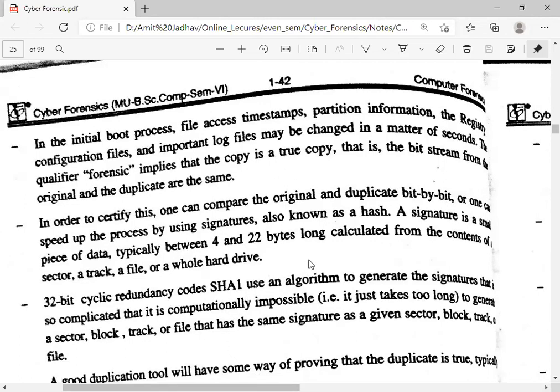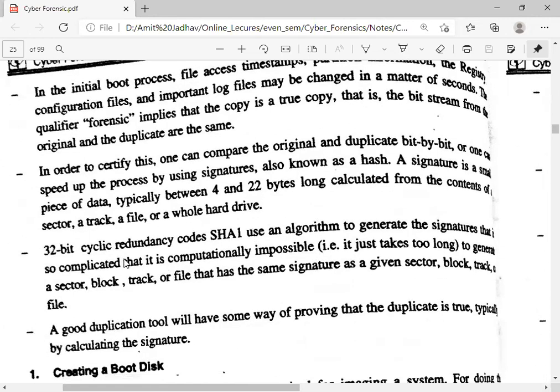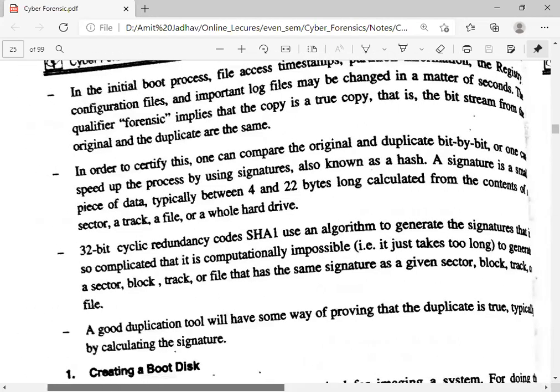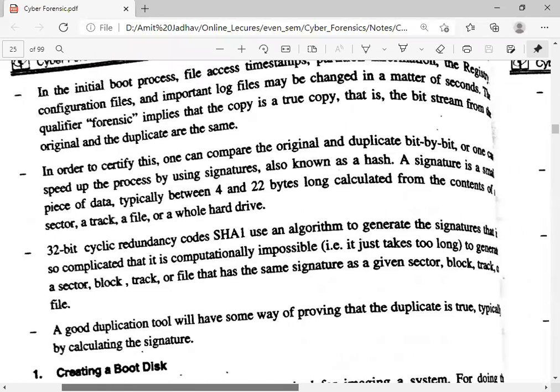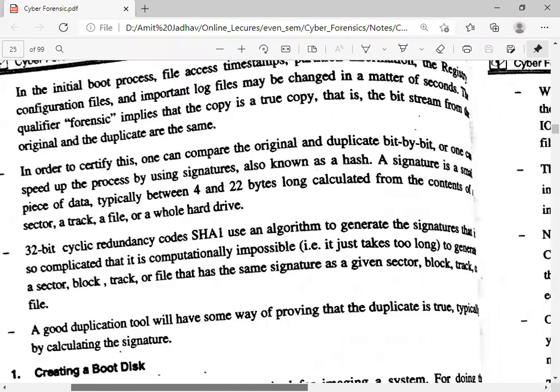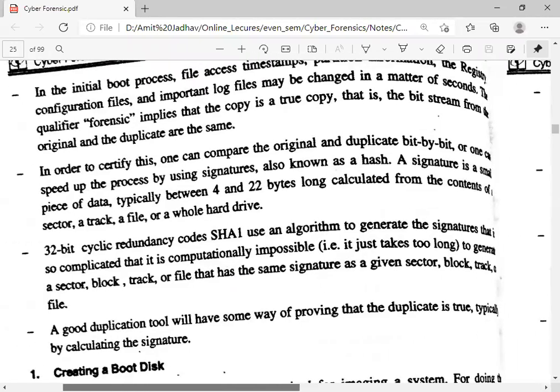So whenever we start creating the duplication, it accesses the sectors of the hard disk as well as tracks and files on the hard drive. 32-bit cyclic redundancy codes and SHA-1 use an algorithm to generate a signature that is so complicated that it is computationally impossible to generate a sector, block, track, or file that has the same signature as a given sector, block, track, or file.